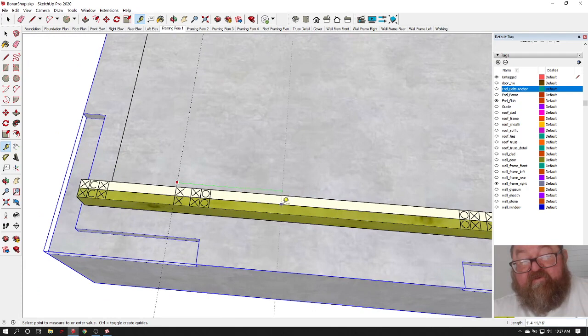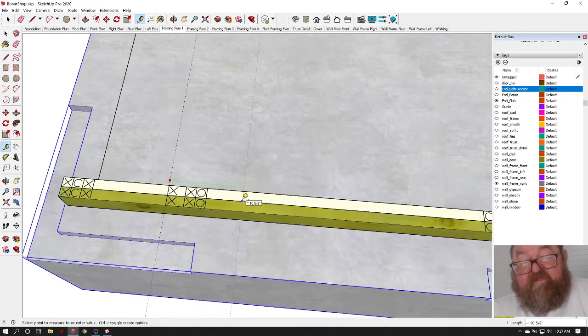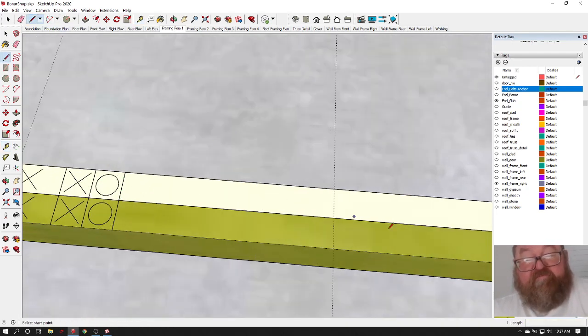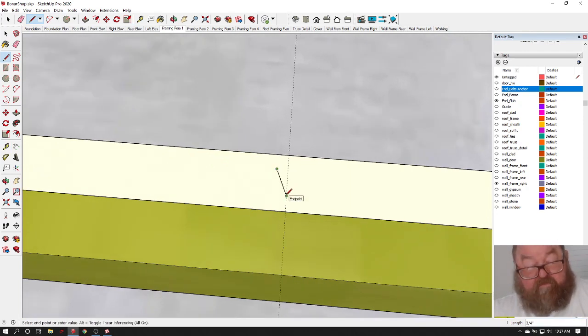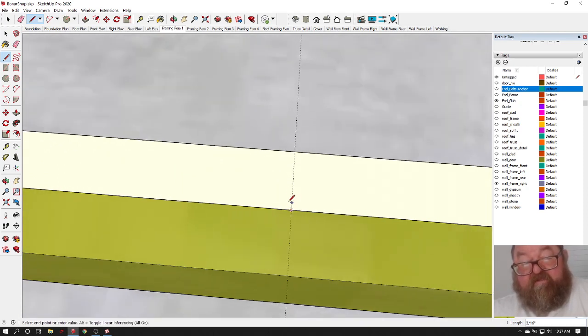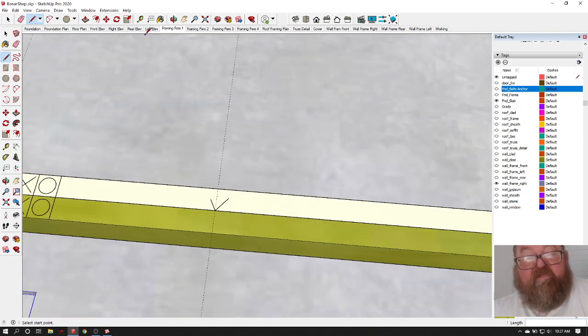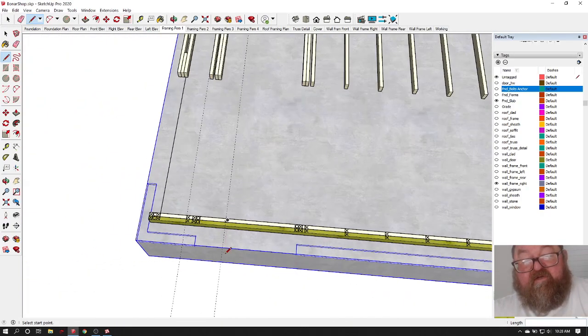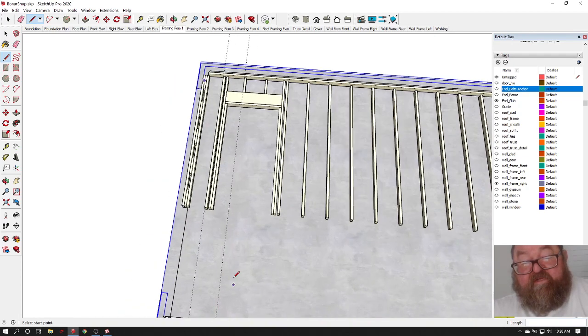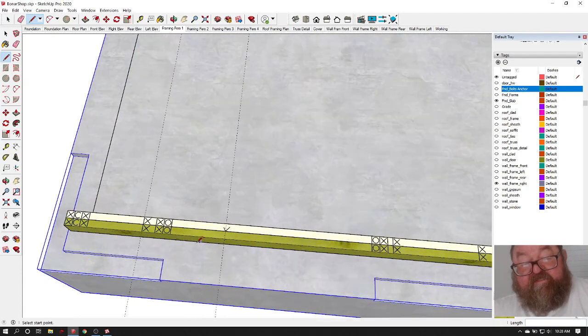Now, because I laid out my doors first, I know. Now, here's the thing: a lot of people will go ahead and mark like a little, let me go 16 inches, and I'll show you what I'm talking about. They'll put a little crow's foot or something like that to indicate it would be at the edge. Some people have their own system, and it's fine. Some people would do that to indicate that there's a block above the header up here. And then some people just don't mark it here, and they know that since this is an O,